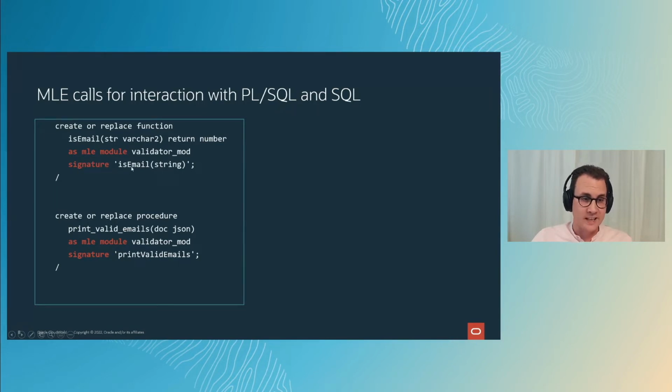So in this case, it should call the isEmail function, and it should take the varchar2 Oracle data type and transform it into a JavaScript string. It's optional to provide those types, because MLE has a default mapping for mapping Oracle types to JavaScript types and vice versa. But if you want to override this, you have the option of specifying types here. For a procedure, it looks very similar, just there's no return clause, obviously. And again, you say which module, you say which function in that module. And now, once you have this function and this procedure, you can